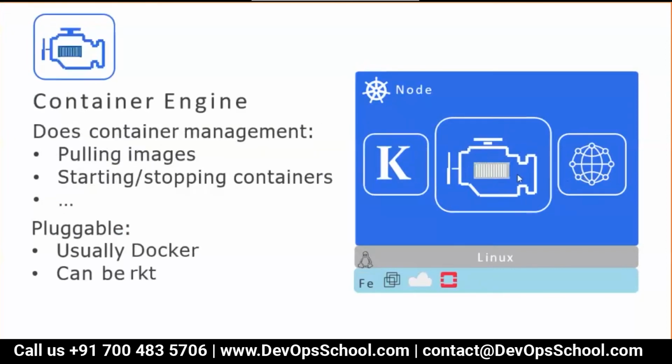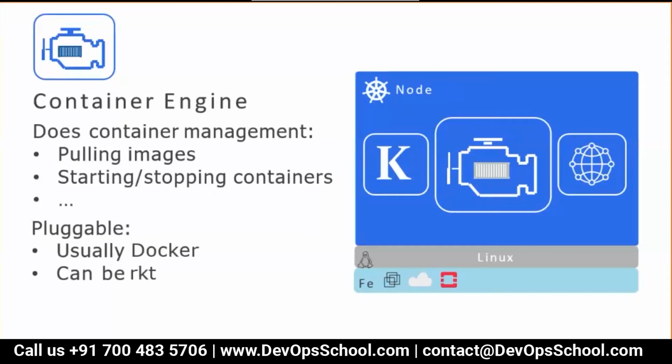Now let's know about the second component. Guys, I think we have spent a good amount of time on it already, and that is nothing but Docker, the container engine. You know very well by now what it can do. The container engine will pull the images, start the container, stop the container. All of this is done by the container engine. We have spent a good amount of time to understand the container engine, which is like Docker.